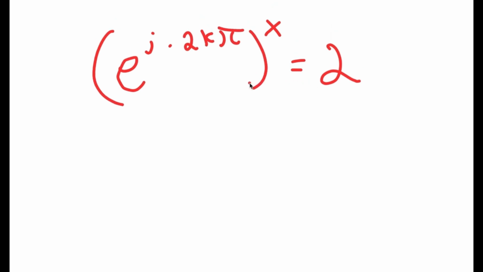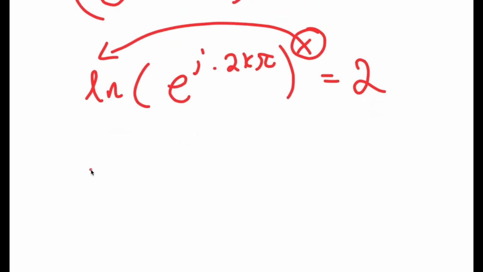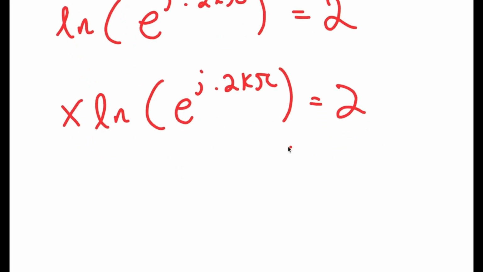And now, with this, I'm going to take the ln, or natural log, on both sides. So I have ln of e to the power of i times 2k pi, to the power of x, is equal to ln of 2. So I'm going to now bring this x down using the property of natural logarithms. So I get x times ln e to the power of i times 2k pi